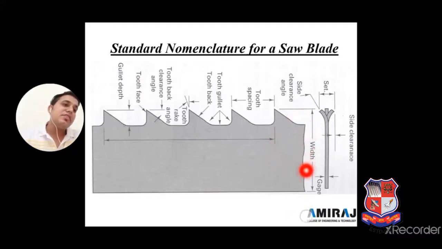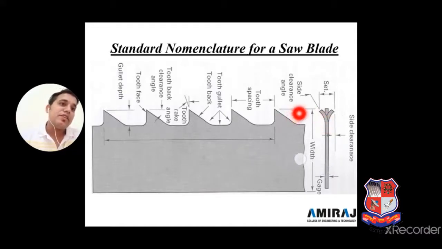First we can consider this is the width, this is the gauge of the cutter. The gauge of the cutter is the most important because this much material we have to remove. Okay, so this is the set, and this is the set in the form of the number of formations that are there. We will look forward in the next slide.